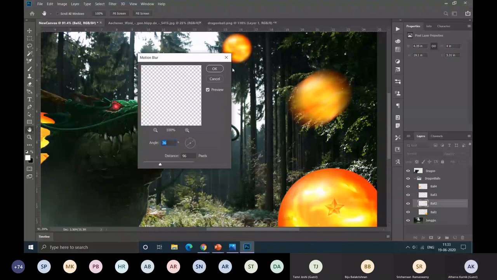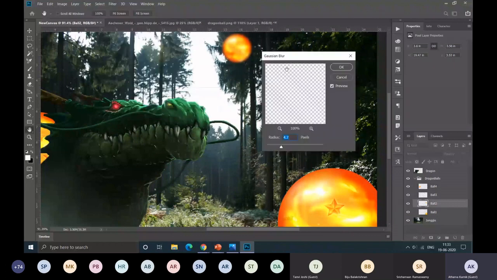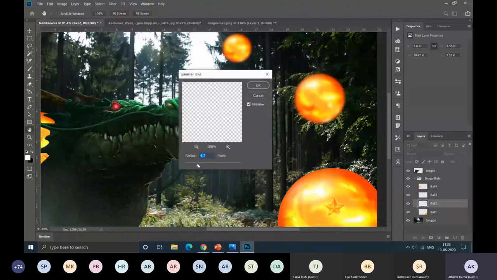So currently we don't need a motion blur. So we'll just apply Gaussian blur here again. So go to Gaussian blur. You can decrease some radius. And it's okay. We'll add blur filter here again. Go to select layer, go to filter, go to blur.